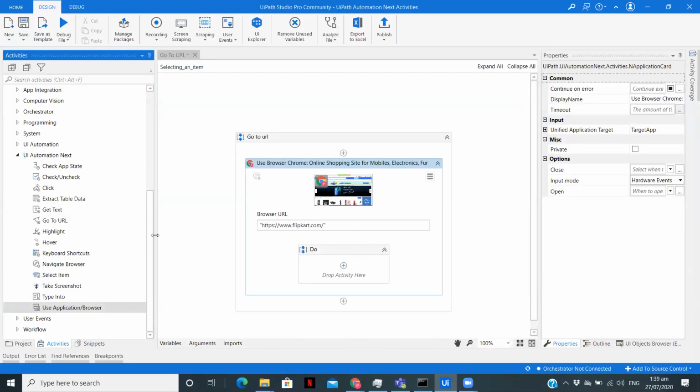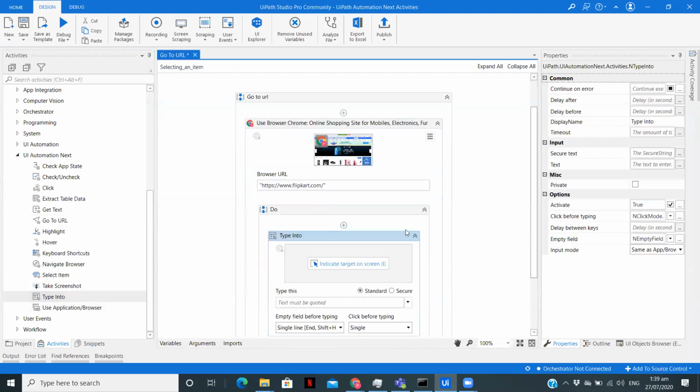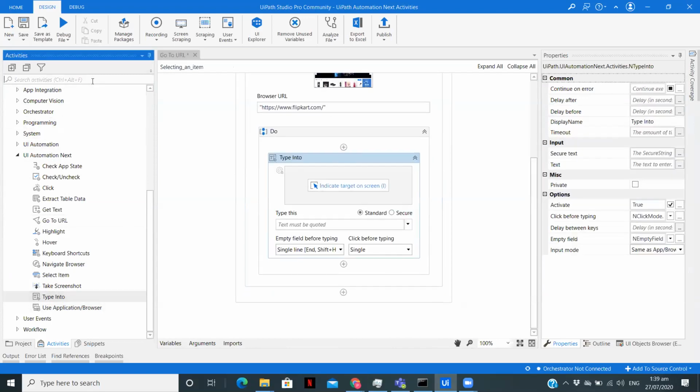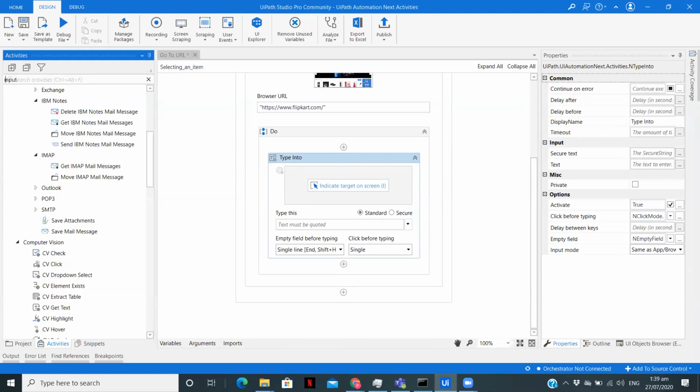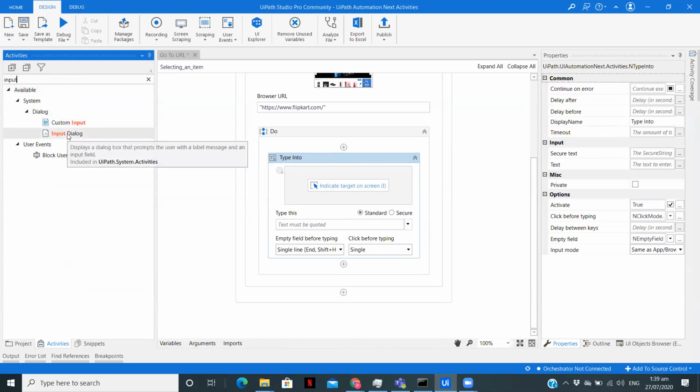Now once this is indicated, I'm going to use the type into activity. But before that, let's give the user an input dialog.